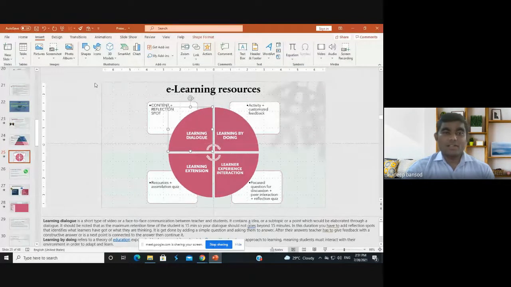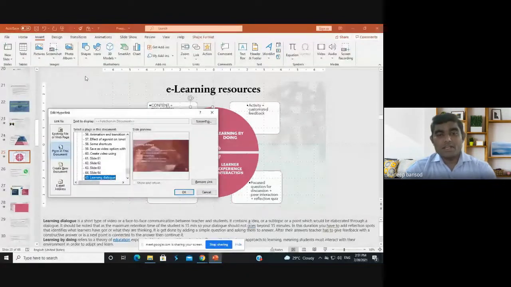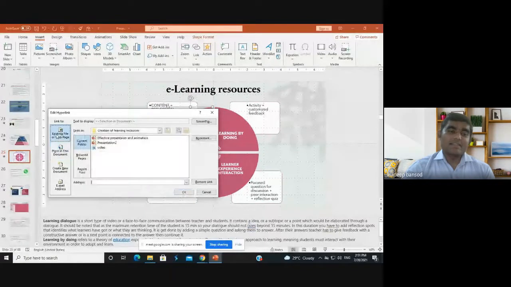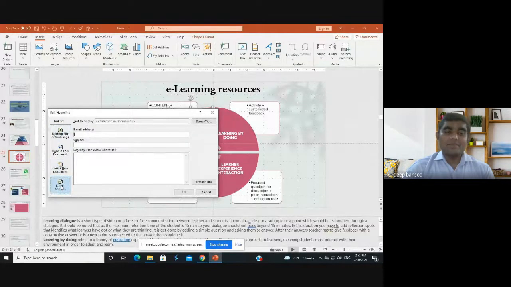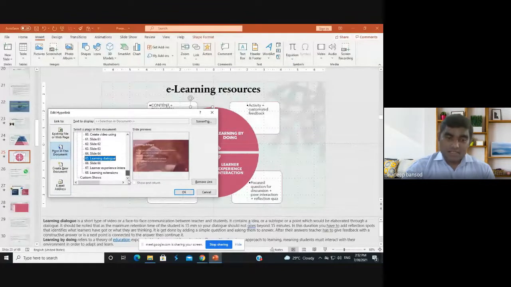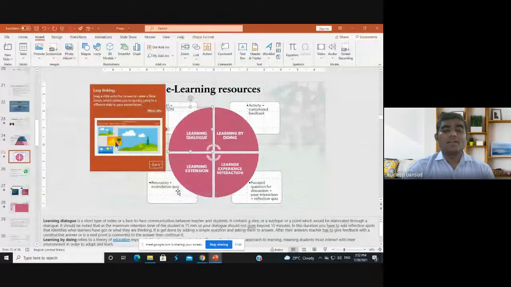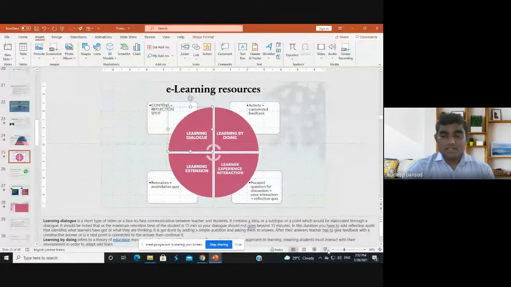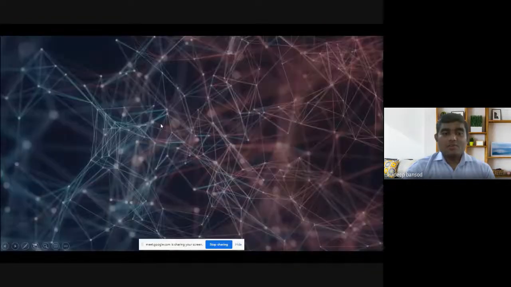You can go over there and then add, or simply press the Control key and select here: place in this document, existing web pages or files. You can have web pages or files, create new document, and the email address. If you are synchronized with Outlook.com, then it is possible to send emails directly. Then, if I save it toward the first slide, I am linking toward the first slide. Okay, got it. Then if I click on this, I will move toward the first slide.